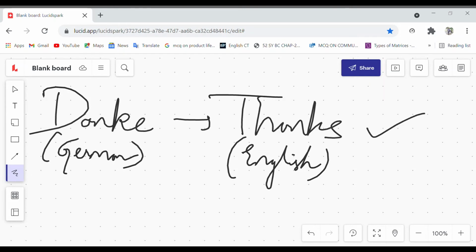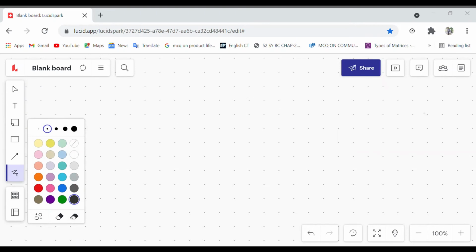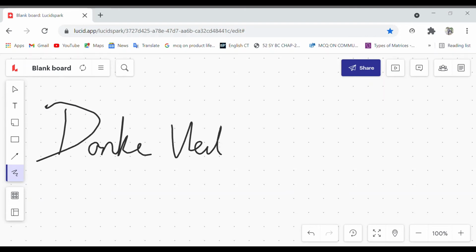Next is danke schön, let me write. Danke schön means thank you.